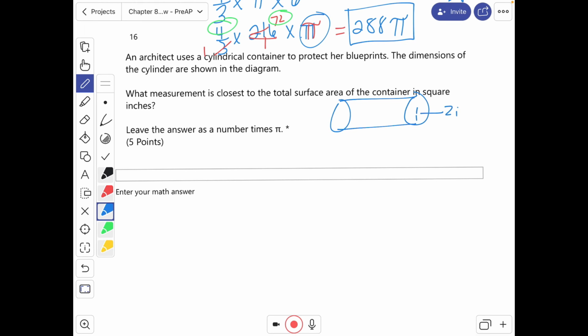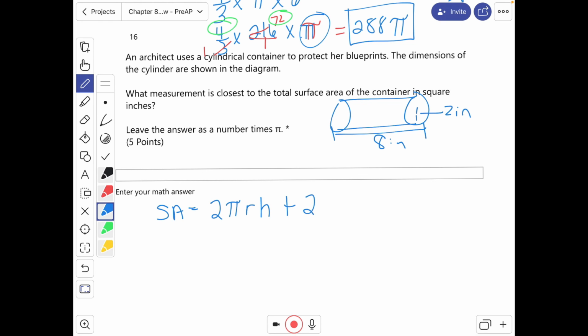And there's 2 inches, and from here to there is 8 inches. What measurement is closest to the total surface area of the container in square inches? And the surface area formula for a cylindrical container, which would be a can, would be 2 times pi times the radius times the height of the cylinder